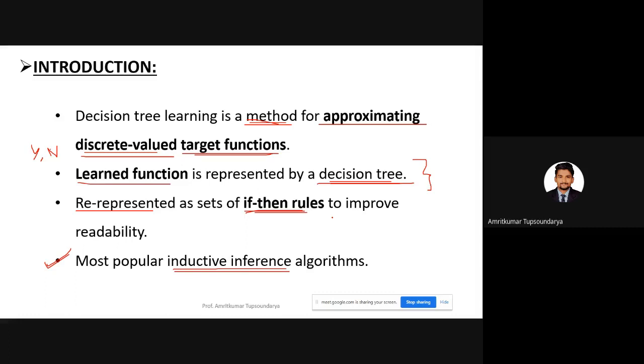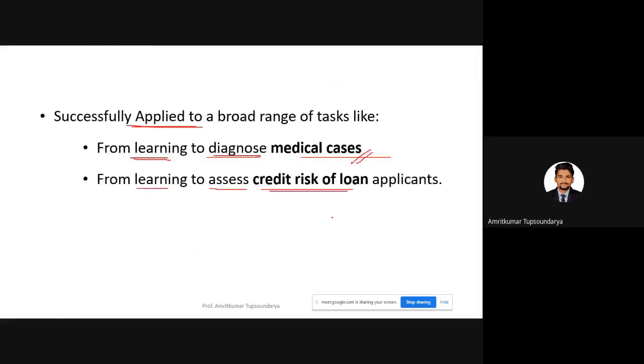Now, simple applications of the decision tree are that they can be used to learn as well as diagnose a particular kind of medical case, right? I gave you an example: if you are planning to have a final year project in this domain, to identify some kind of disease or infection, then these algorithms are what you are going to make use of.